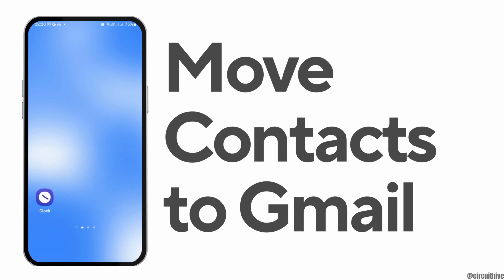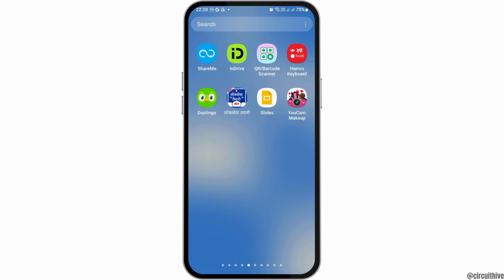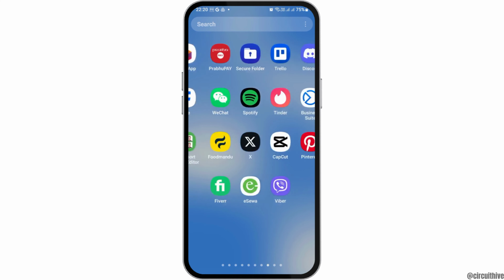How to move mobile contacts to Gmail account. If you have a Gmail account and you would like to move the contacts on your mobile device to your Gmail account so that they will be saved for a longer period of time, just follow the following steps. For this, first of all, you have to go to the contact list on your mobile device